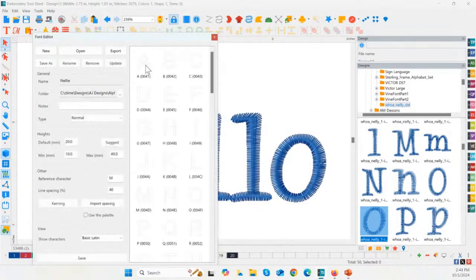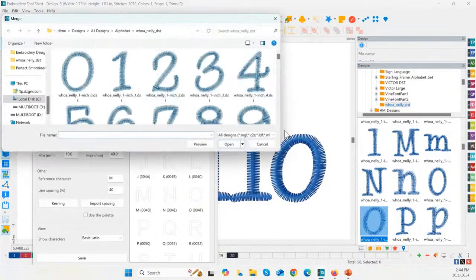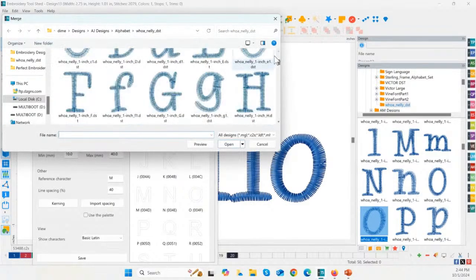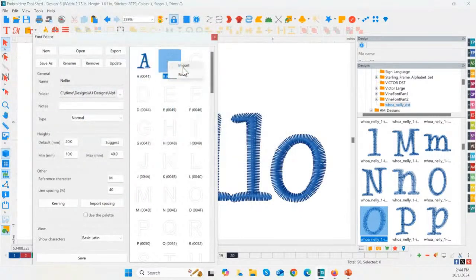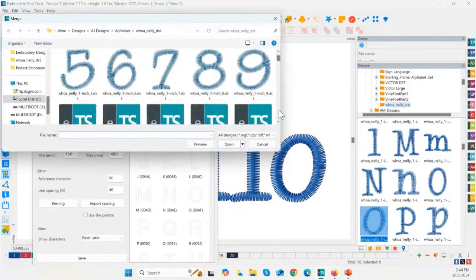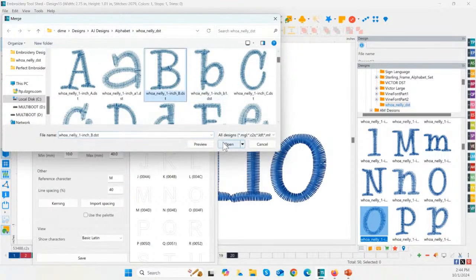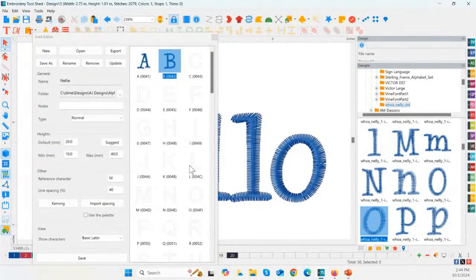So now what I can do is right mouse click and say import, and then it wants me to click on the file that corresponds to that. So that's the uppercase A, and I'm going to say open, and then I'm going to right mouse click and say import, and then I'm going to go and locate the B. Now I know this seems tedious,